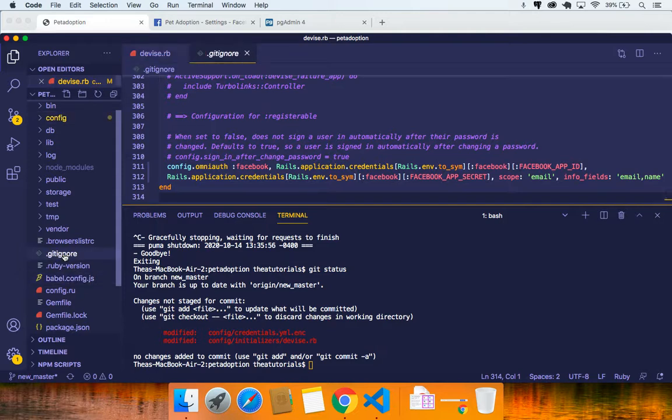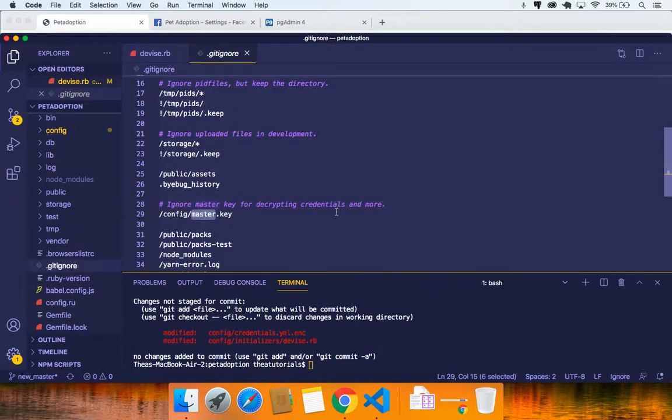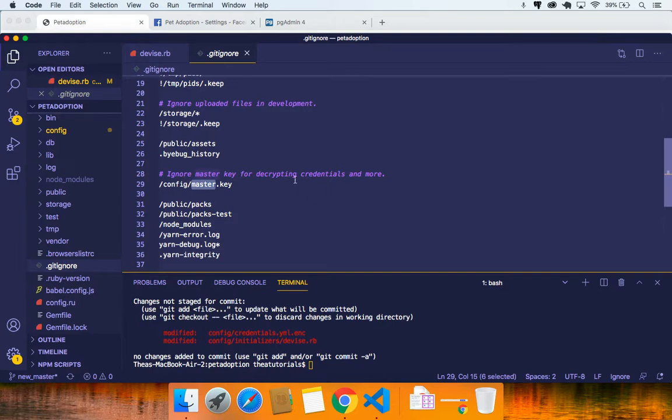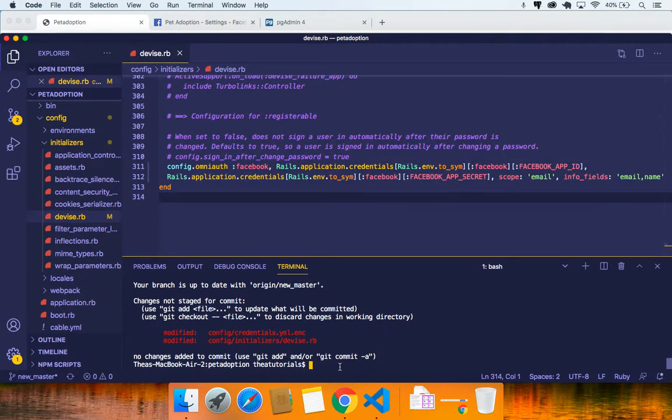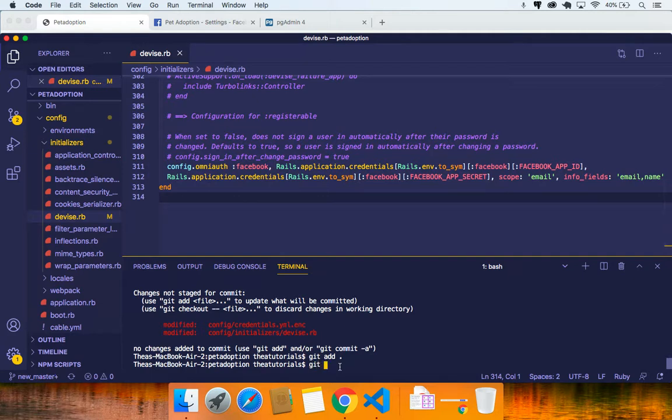Because here, if you click on .gitignore, you will notice that when we initialized our git repository in this Rails application, it already created the .gitignore, and thankfully Rails was smart enough to write in the .gitignore file to always ignore the master key. So I'm going to close .gitignore. I did a git status and I saw two files. So I'm going to do git add space period to add them. And then I'm going to do git commit -m, open and close double quotes,